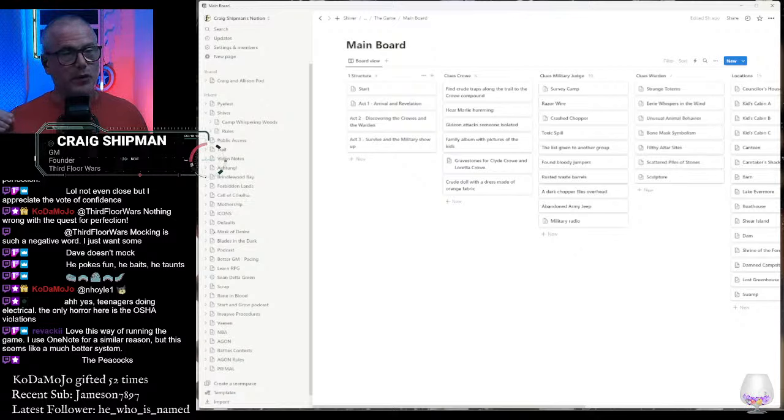Act 2 is discovering the crows and the warden. So in Act 2 is when they find these 4 siblings that are really, really messed up, mutated, and they worship this warden of the woods. And it's like some straight up Texas Chainsaw Massacre,